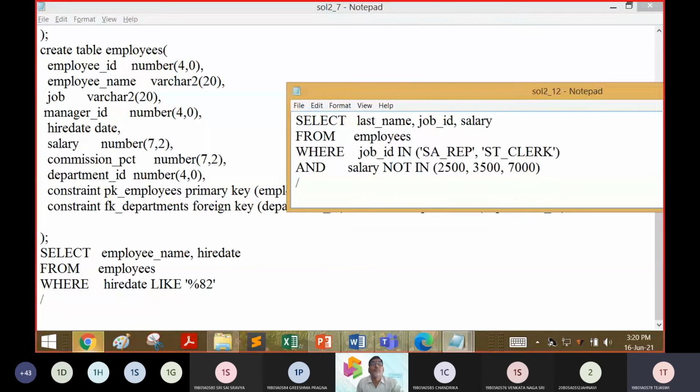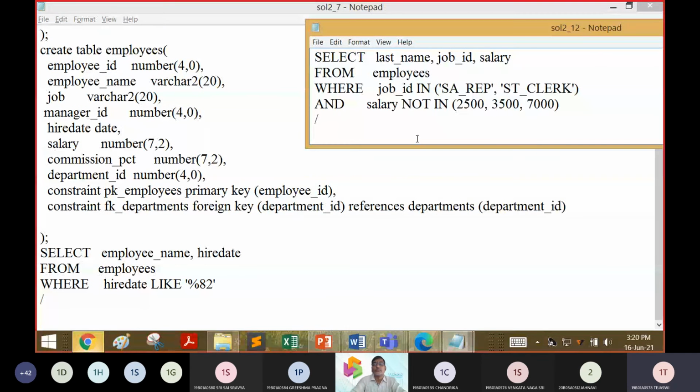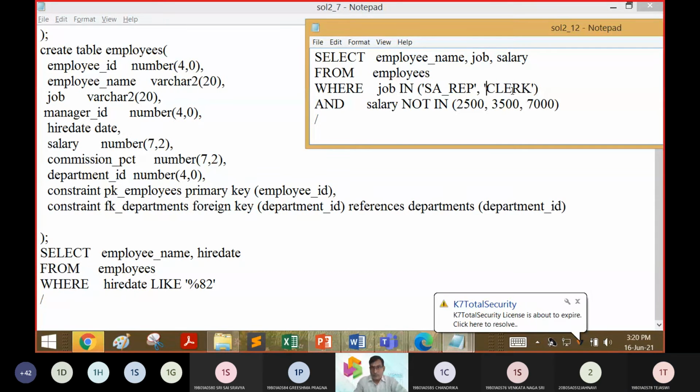Let us change the query first. So it is employee name followed by job followed by salary and job in... So do we have a clerk job? We mentioned, right?